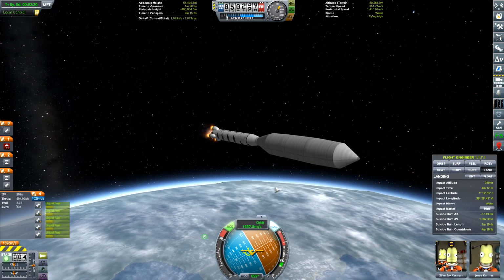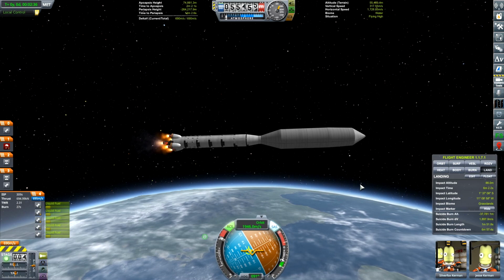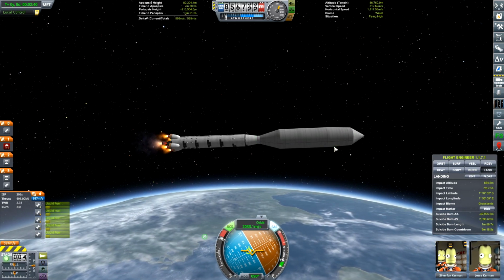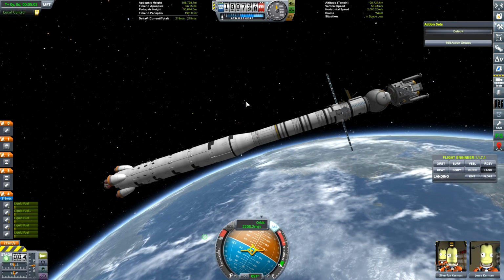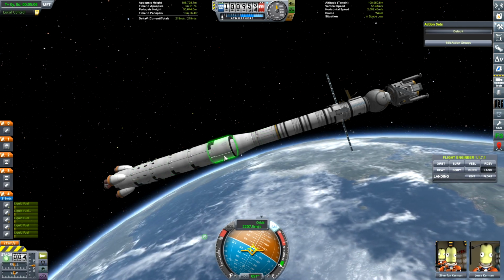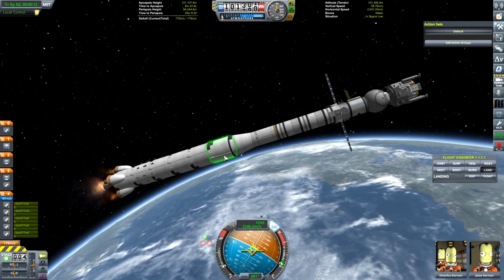Alright, this is working out pretty well. Pretty nice. Let's get up to about 85, 90. Well, we could go up to 100k. That's ideal. Let's go ahead and drop this fairing. Alright, so we got 200 Delta V left in this lower stage. We could go ahead and dump it. I hate to waste it. So let's go ahead and get